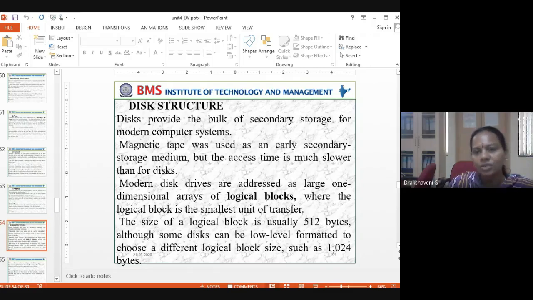Next one is disk structure. So how is our hard disk structured? Disk provides the bulk of secondary storage for modern computer systems. Magnetic tape was used as an early secondary storage medium, but the access time is much slower than for the disk. Modern disk drives are addressed as a large one-dimensional array of logical blocks, where the logical block is the smallest unit of transfer. The size of a logical block is usually 512 bytes, although some disks can be low-level formatted to choose a different logical block size,